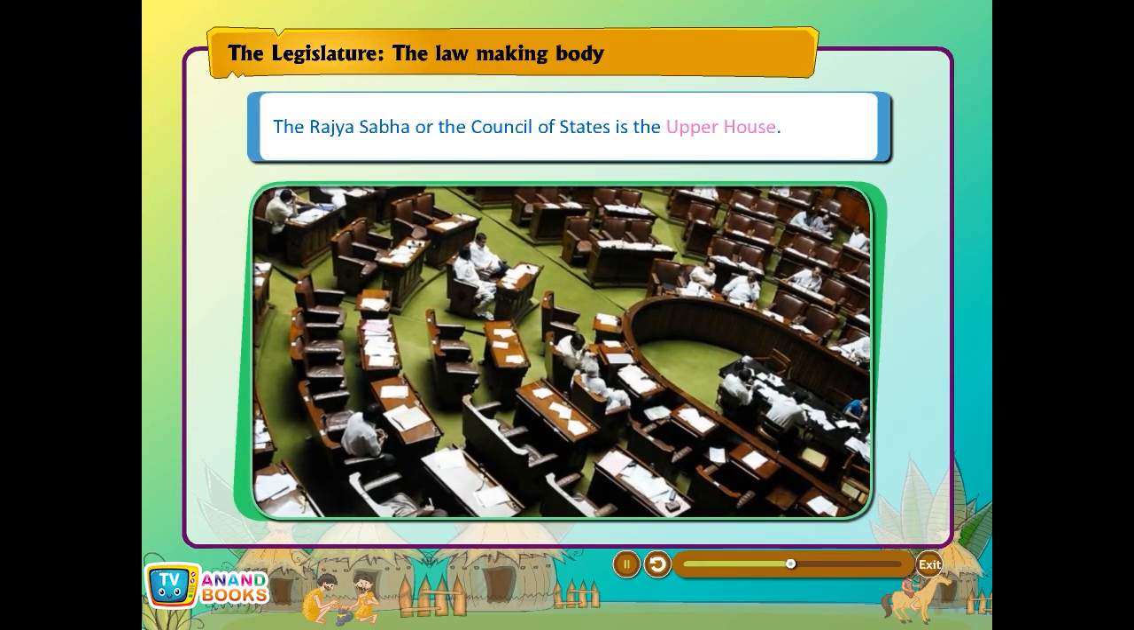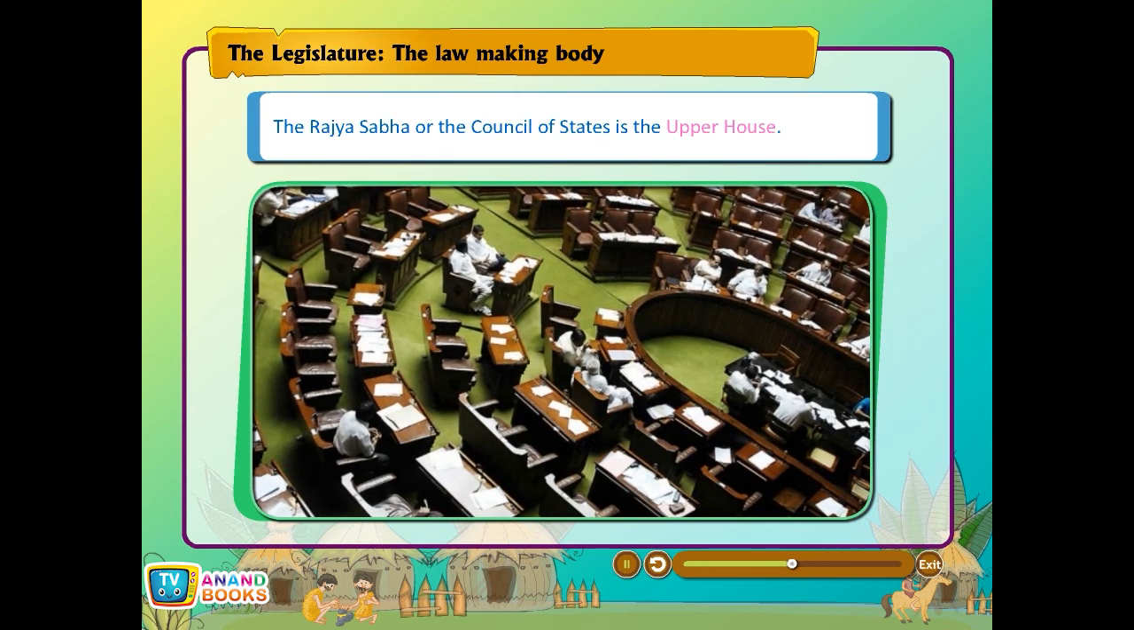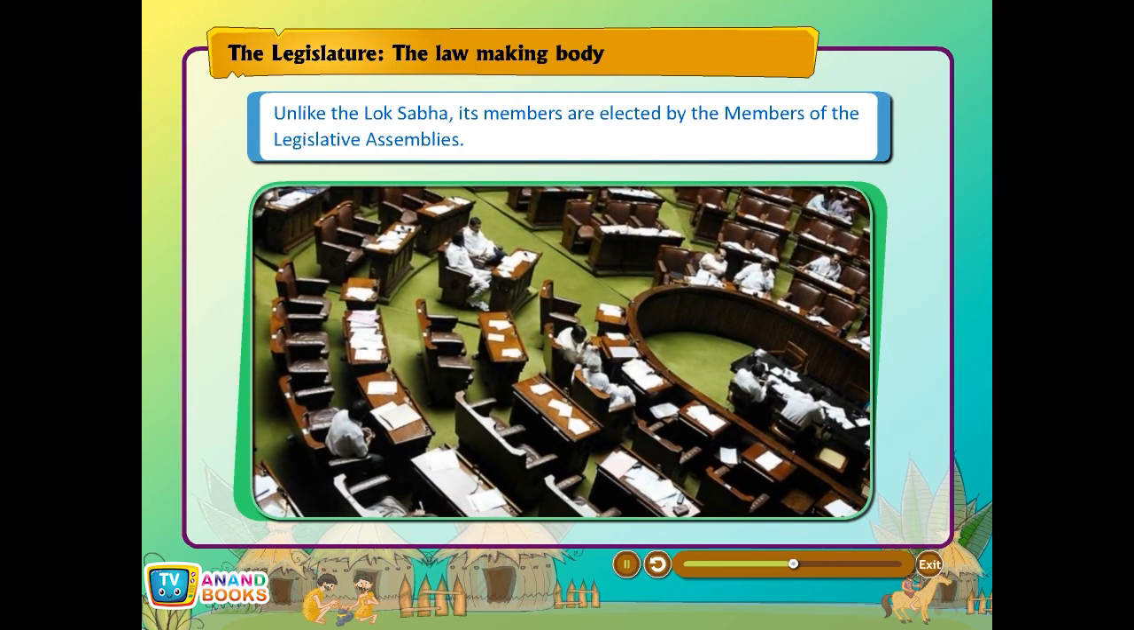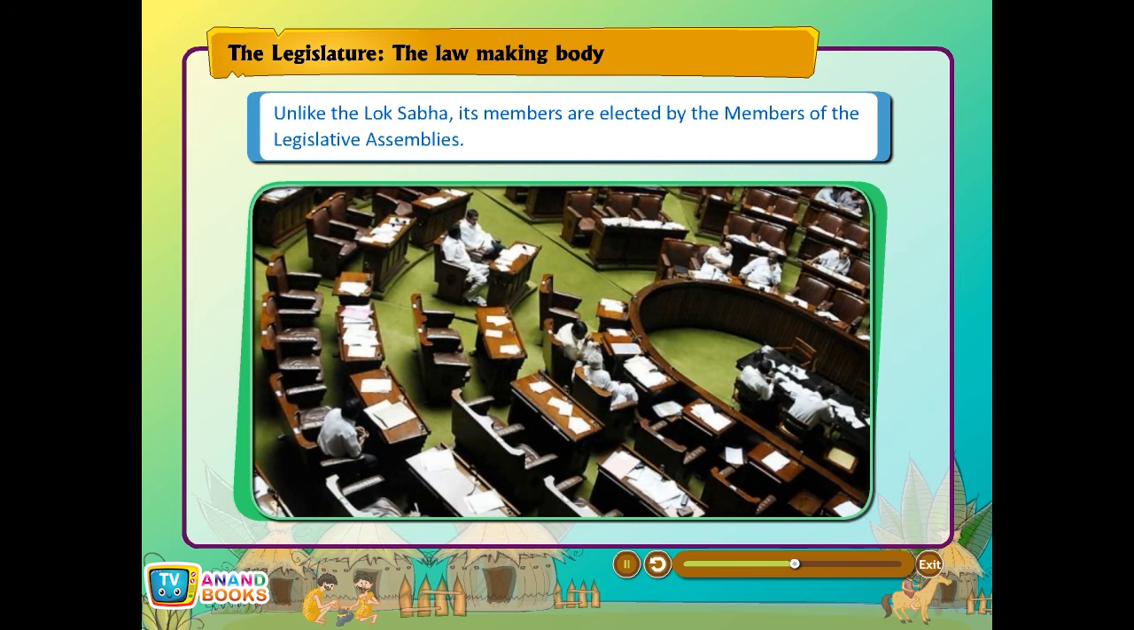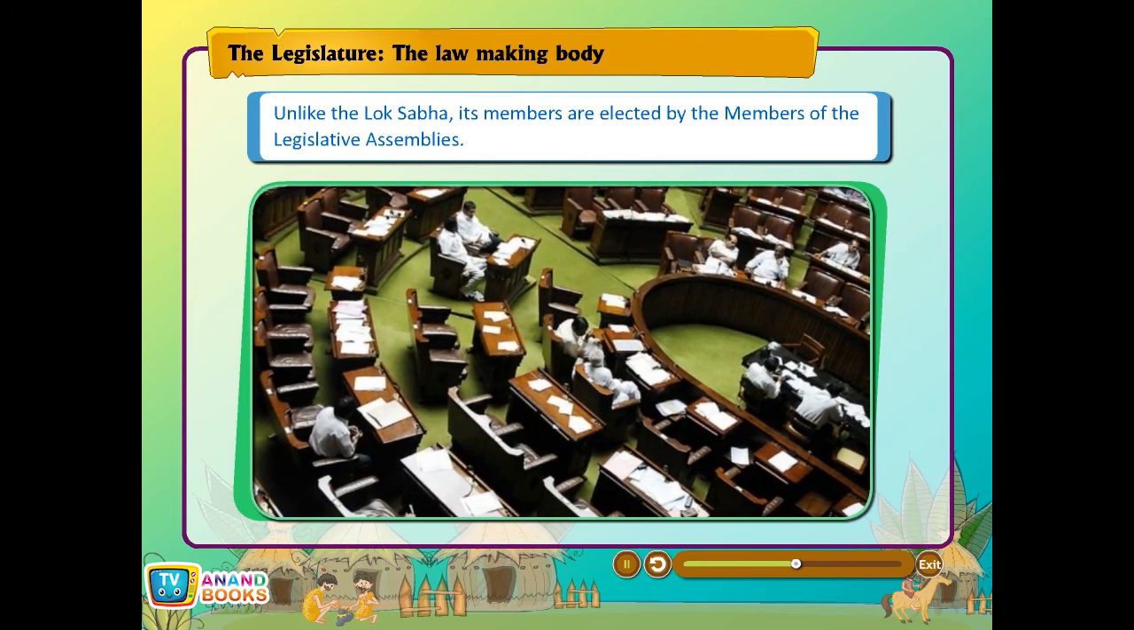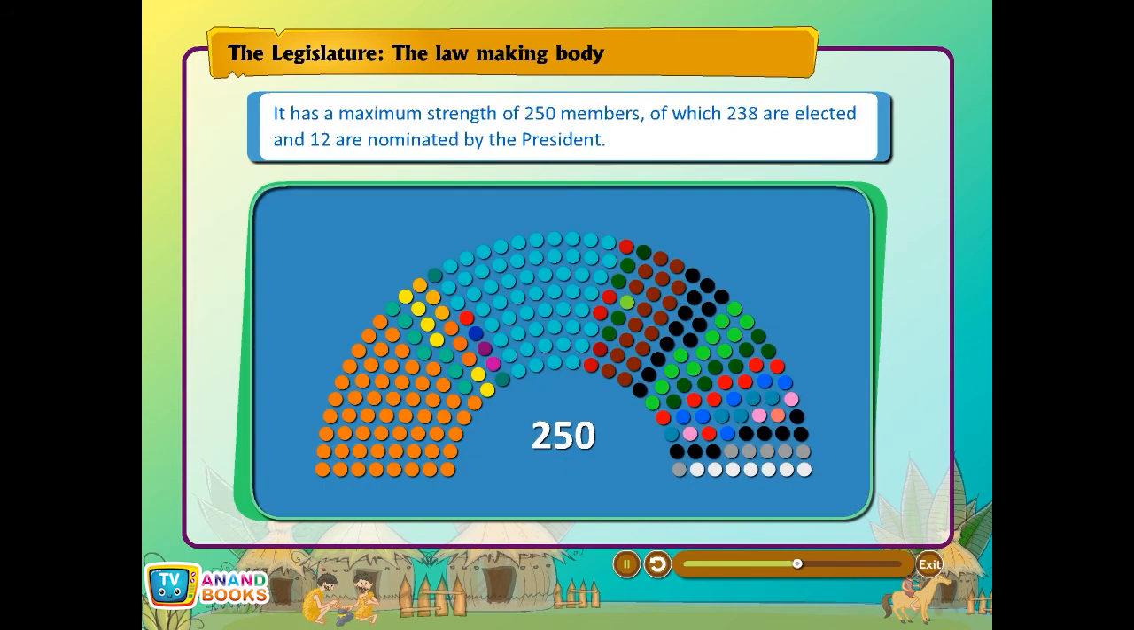Rajya Sabha. The Rajya Sabha, or the Council of States, is the upper house. Unlike the Lok Sabha, its members are elected by the members of the legislative assemblies. It has a maximum